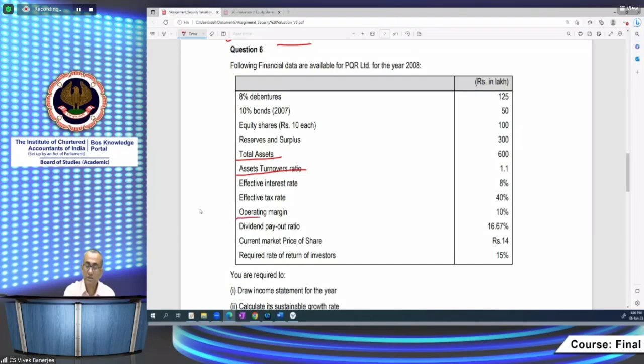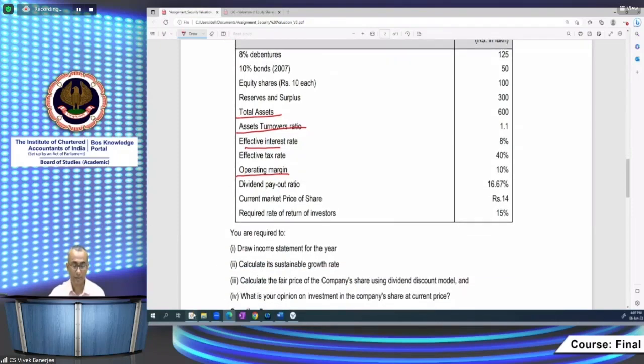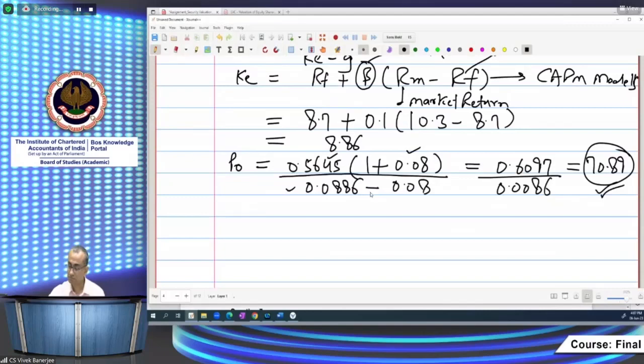फिर ऑपरेटिंग मार्जिन का फिगर दिया हुआ है, तो इससे हमारा ऑपरेटिंग प्रॉफिट भी आ जाएगा, क्योंकि अगर 10% ऑपरेटिंग मार्जिन है, प्रॉफिट है, इसका मतलब ऑपरेटिंग कॉस्ट 90% है। तो उसके बाद इंटरेस्ट भी हम कैलकुलेट कर सकते हैं, इंटरेस्ट रेट भी दिया हुआ है। तो इस बेसिस पे हम धीरे धीरे क्वेश्चन को कैरी फॉरवर्ड करेंगे। तो ऐसे हम इस क्वेश्चन को अप्रोच करेंगे। तो सबसे पहले हम इनकम स्टेटमेंट कैलकुलेट करते हैं। ओके,